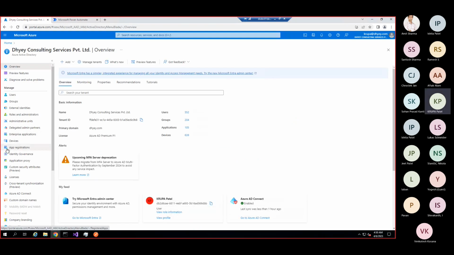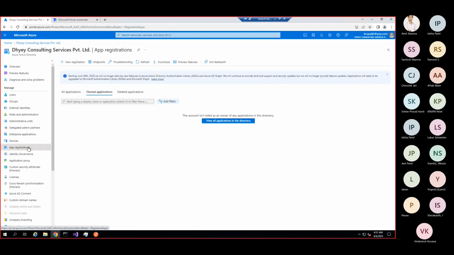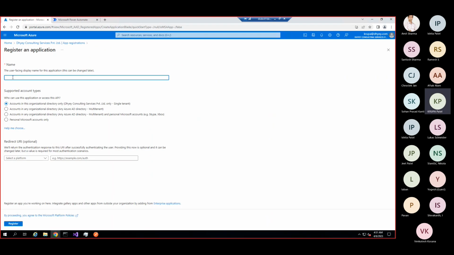At the left pane, you can see the app registration button, right? So you need to click on app registration, and then click on the new registration button here. It is asking for the name, so we just pass the name. Here I'm selecting accounts in any organization directory. And here I'm selecting public client native because my new application is written as a console application. And here we just pass the path.